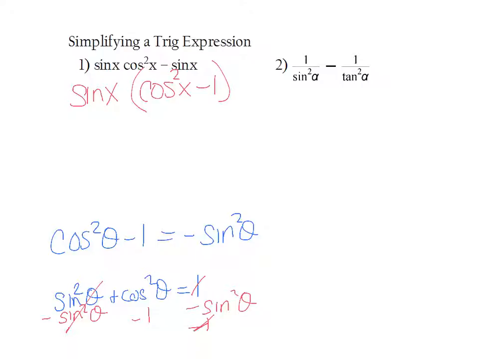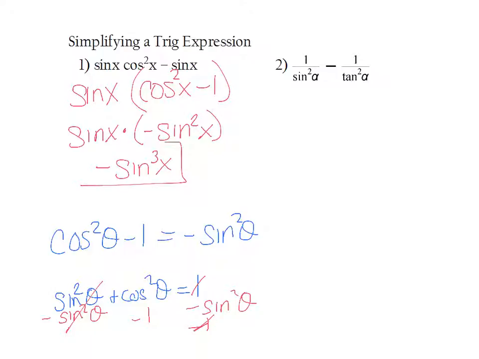Okay, this right here matches this. I'm going to replace that then with a negative sine squared x. And if I have a positive sine x times a negative sine squared x, I'm going to have a negative sine cubed x. Simplified down to one trig expression. All right, our second example here